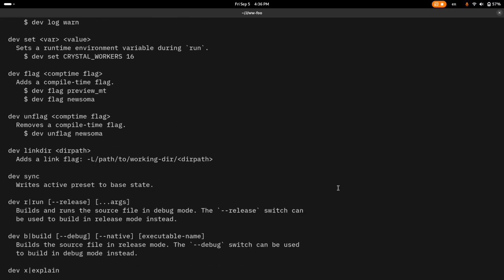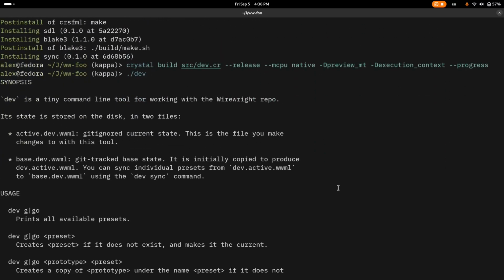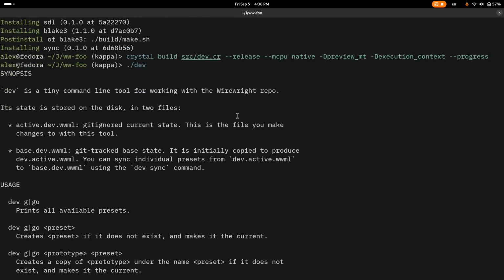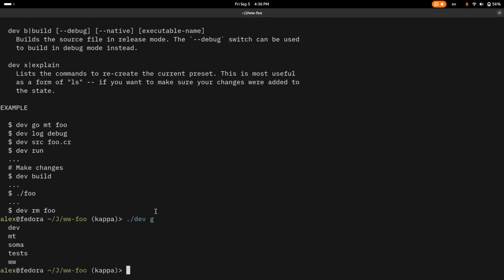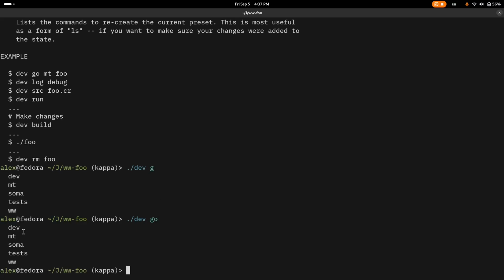You can see that this prints the help page, and dev is basically a way to manage presets. Since I have to type these commands with various flags very frequently, I decided to build this tool based on Wirewright, or using whatever Wirewright provides, and it was quite a nice experience, in fact, building this tool and maintaining it. But what we are going to do, so you can use dev-g or dev-go to list the presets,